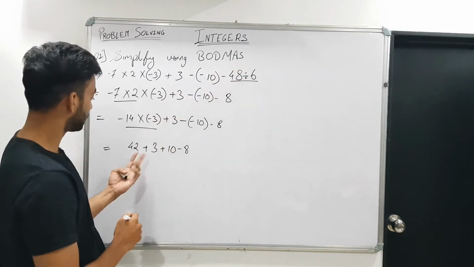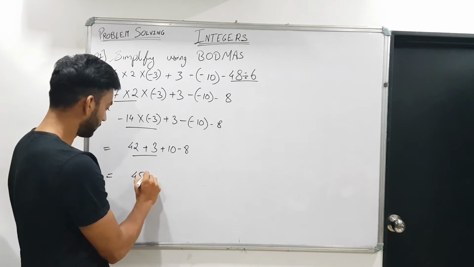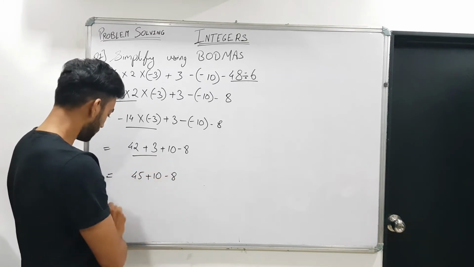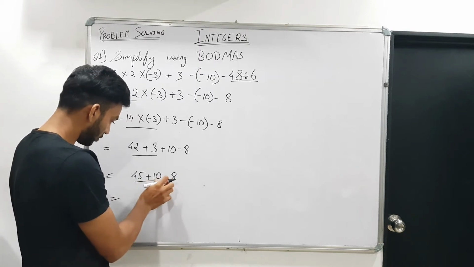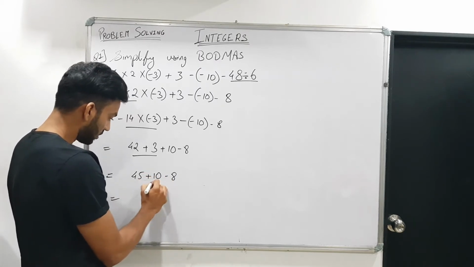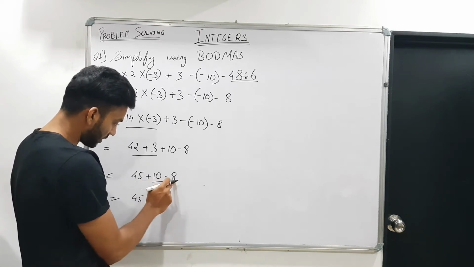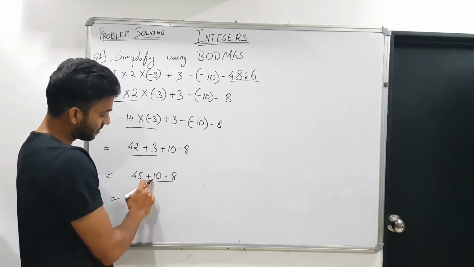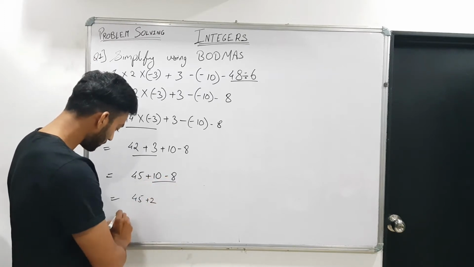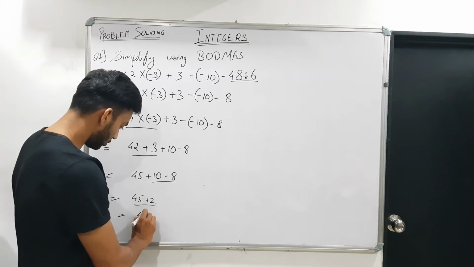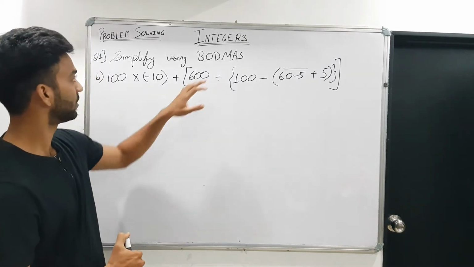So we can do the addition, this addition first. 42 plus 3, 45 plus 10 minus 8. Now we can do this, or we can also do this 10 minus 8. 45, this will be plus minus है. So 10 minus 8 is 2, greater number positive है. And this last, so 47. Let's see the next one on the board mass.